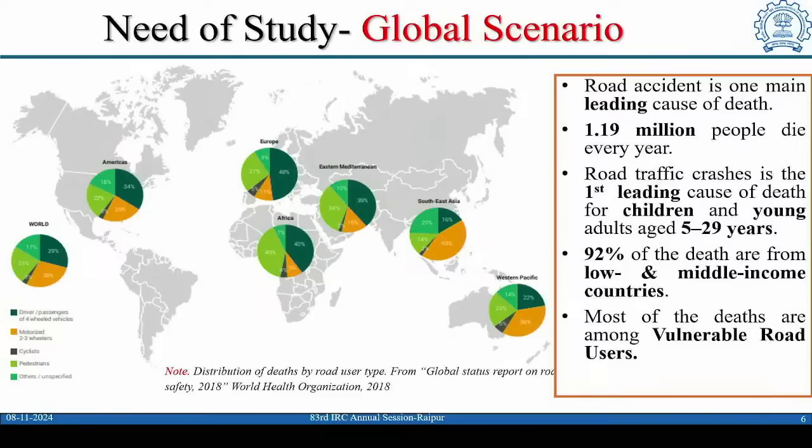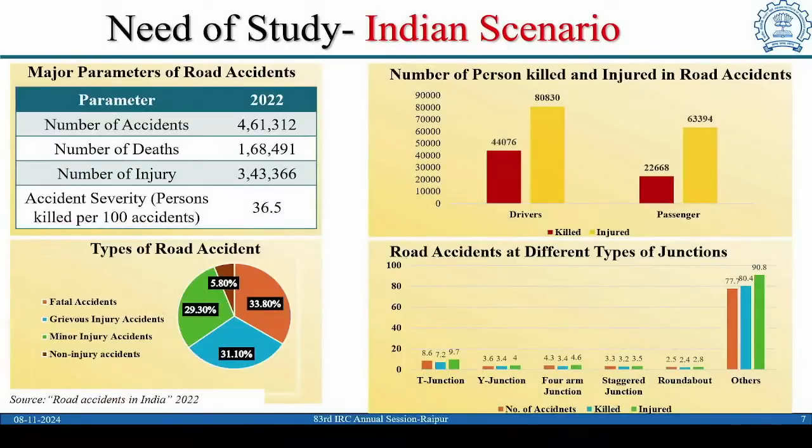Road accidents are a leading cause of death, and every year 1.19 million people die due to road accidents. Most of the accidents involve children and young adults, and most of the deaths are related to vulnerable road users. If we look into the Indian scenario, as per the report Road Accidents in India 2020,